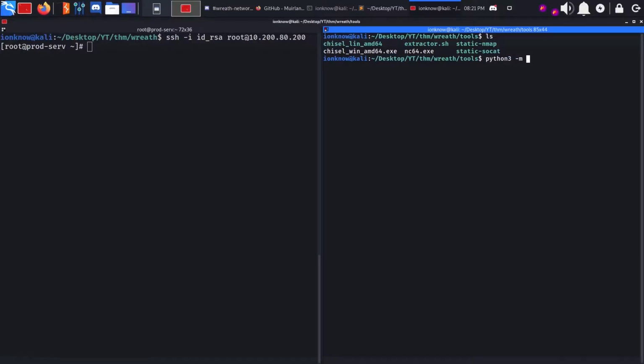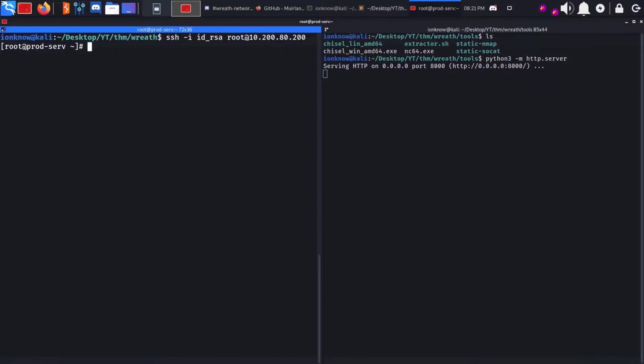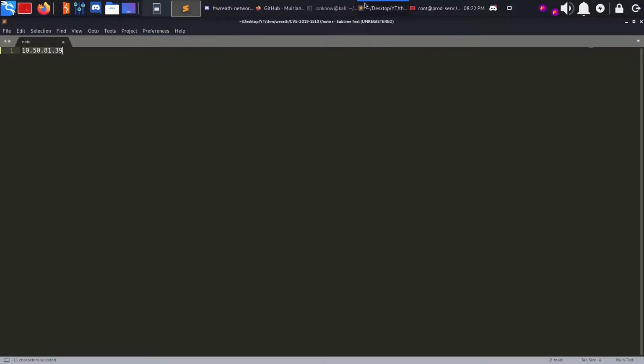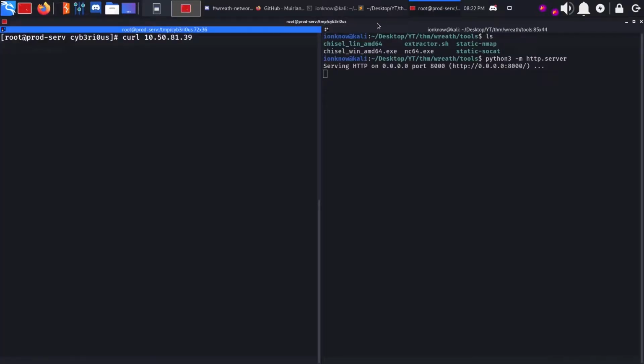3 -m http.server. Go ahead and do that. cd into /tmp/Siberius, which I have already created. Use curl, because I don't think we have wget installed. No, we don't, so curl, our IP address. Copy it from my notes, 8000, static nmap,